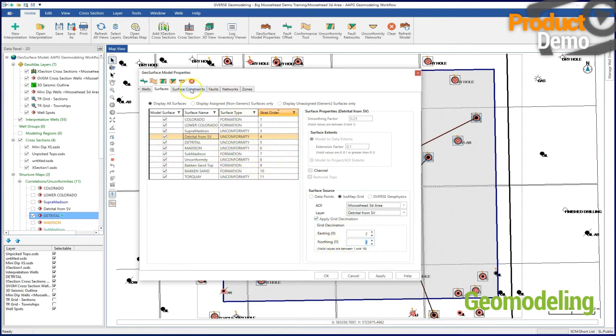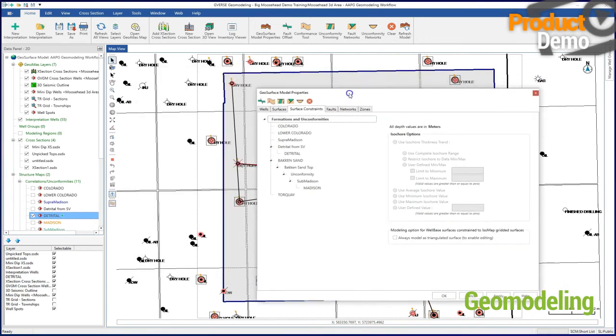faster. Now I've already got the surface constraints because I'm going to be doing some modeling in the subsurface, and I'll talk about this when I show you the cross-section. But I've set up the conformance hierarchy so the detrital coming in from the seismic volume, that's sourced from the isomap layer, will control the detrital that's coming in from simply the well-based picks. Likewise, I'm doing a stair-step type of conformance hierarchy, upward stratigraphically from this lower Bakken sand upward to the Madison. This is the hierarchy that is going to truncate against the detrital unconformity, which you'll see once we get to